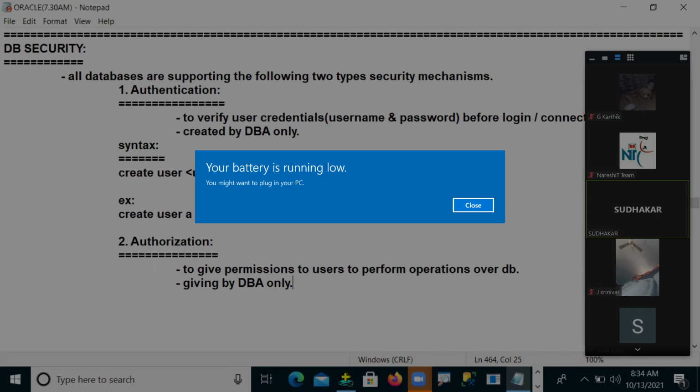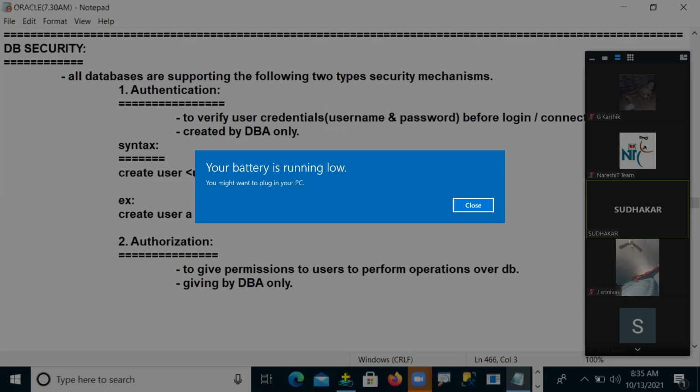In a real-time company, this work is done by the administrator, not a database programmer, developer, tester, or architect. Only DBA persons do this work. Developers don't have to touch this area. Security-related things are handled by database administrators only, not database developers. But still we are learning what is what.